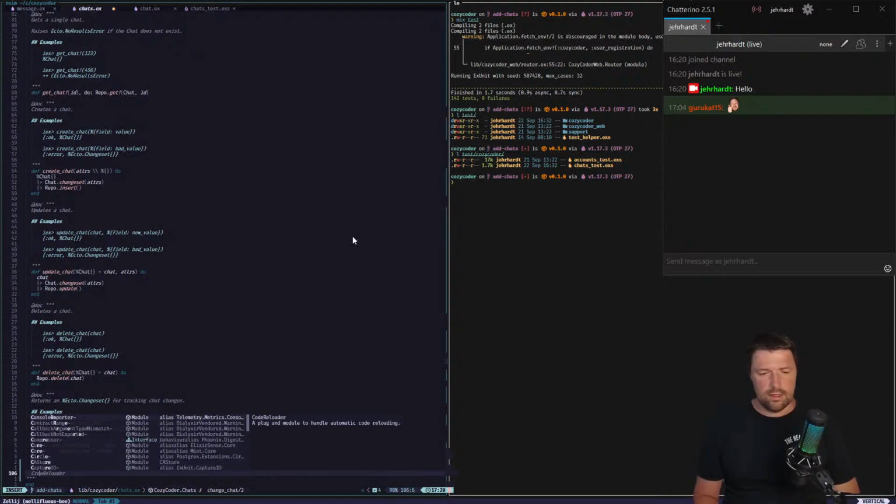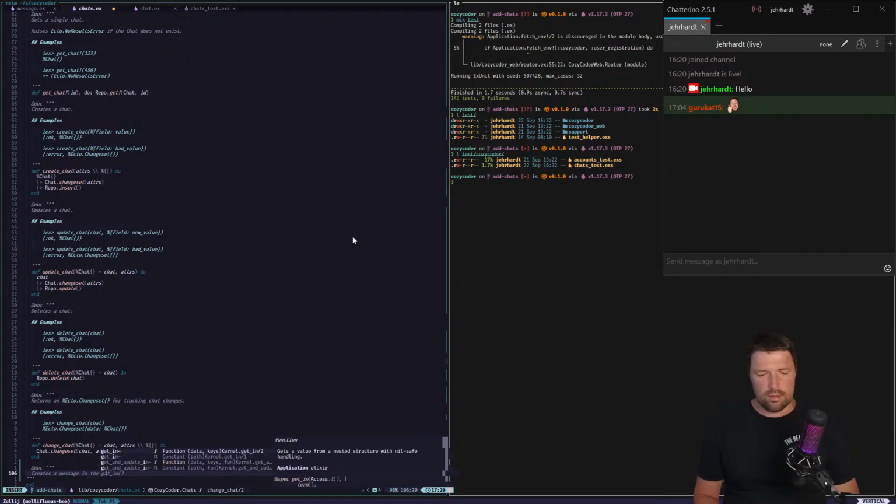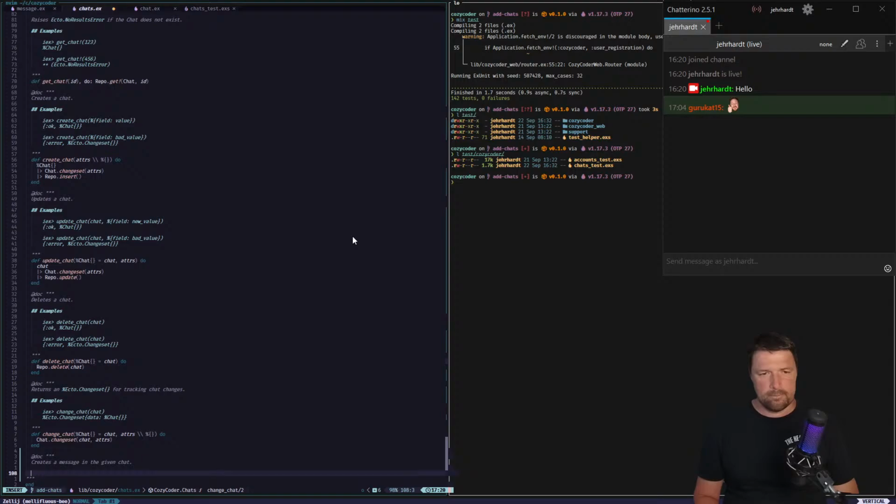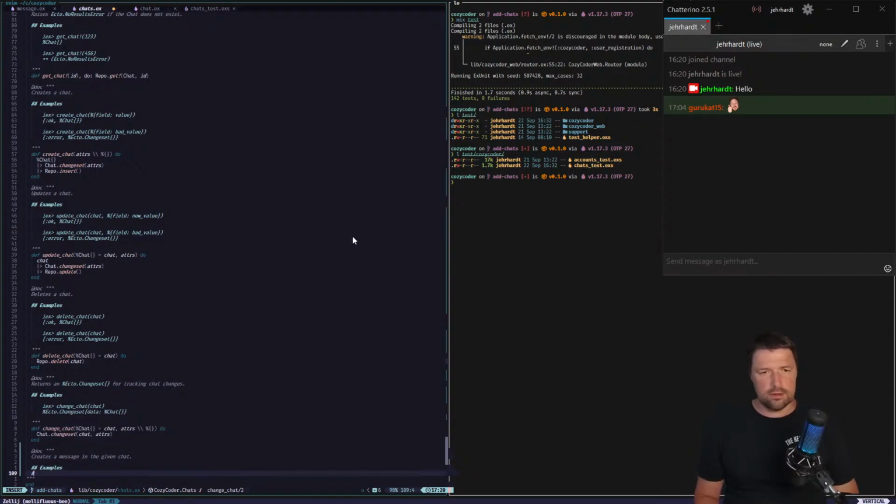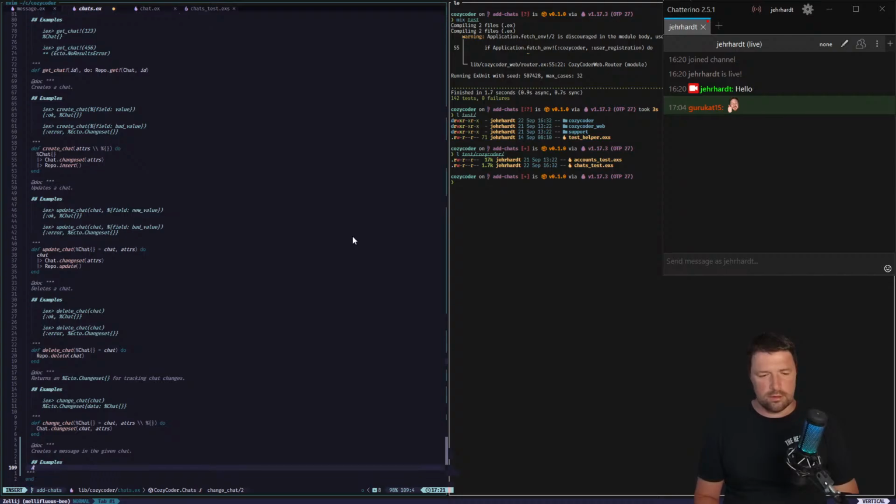What does it do? It creates a message in the given chat. So it gets an example, which is IEX create message,